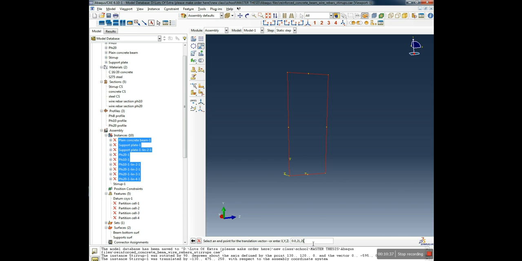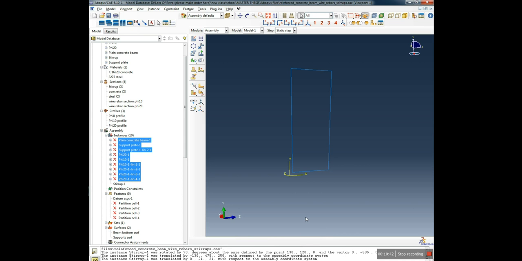So it will be in the middle of the beam section, in this way. Okay, okay again. Hopefully at least. And what we will do now is that we will create a linear pattern. It looks distorted here, but it's very straight actually. So linear pattern, just select it, and we will have first